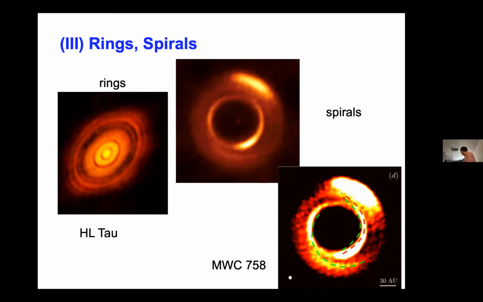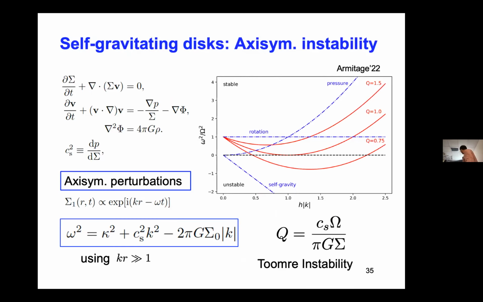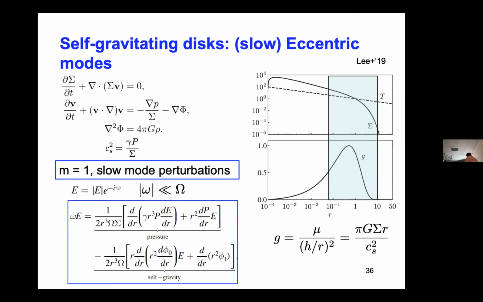so I'm going to talk about rings. This is actually even more fascinating. Again, it looks very innocent, right? You take the 2D continuity equation, momentum equation, self-gravity, and adiabatic equation of state. Then what you want to say is, okay, because we're looking for spirals, right? Let's just take m equals 1. But we make the approximation that we are looking for a very